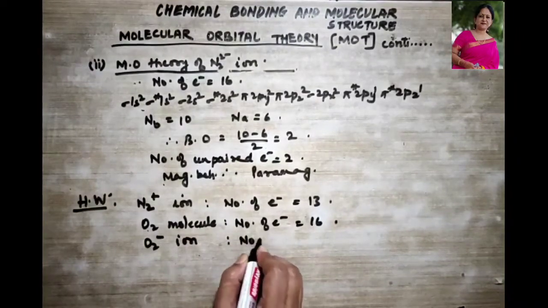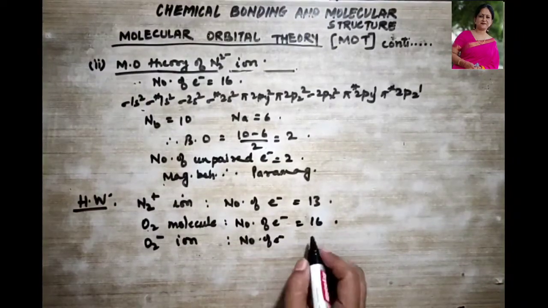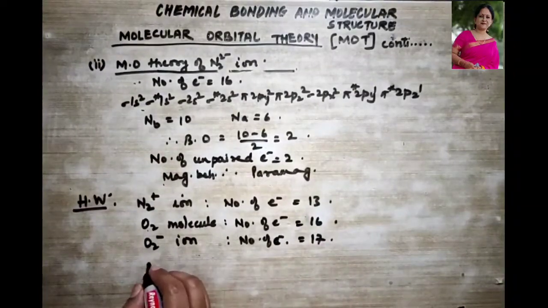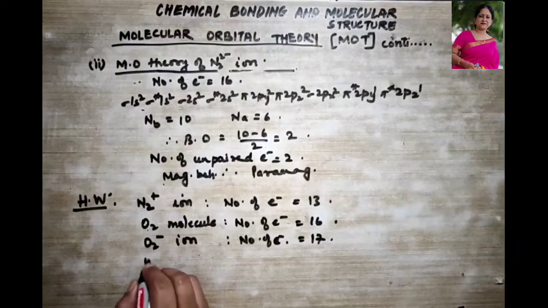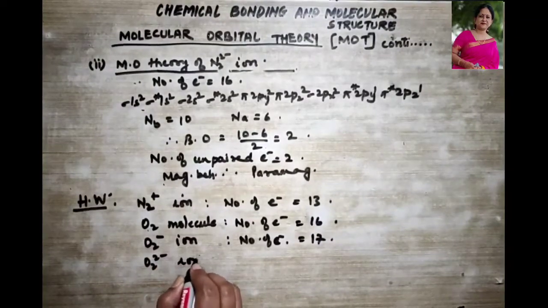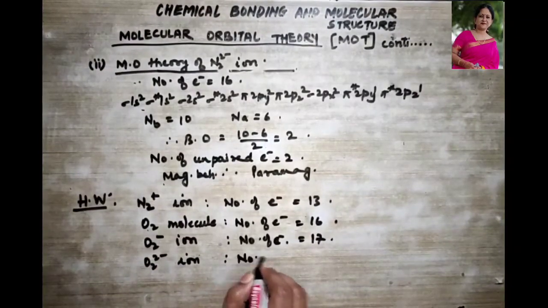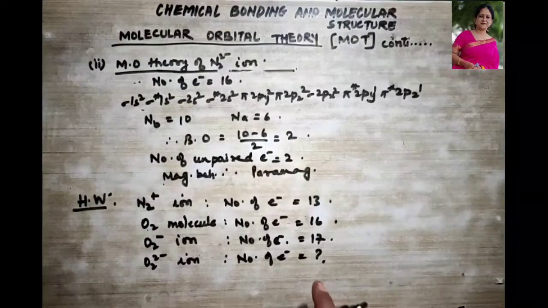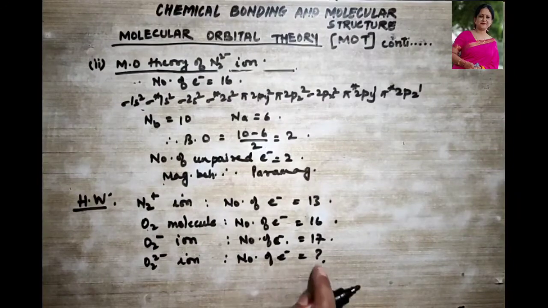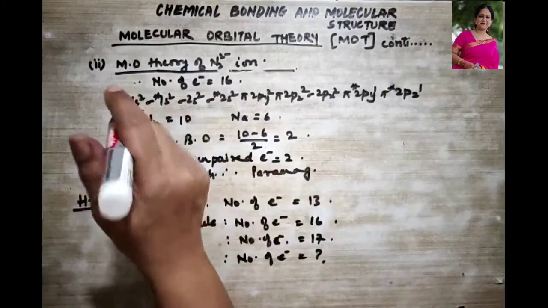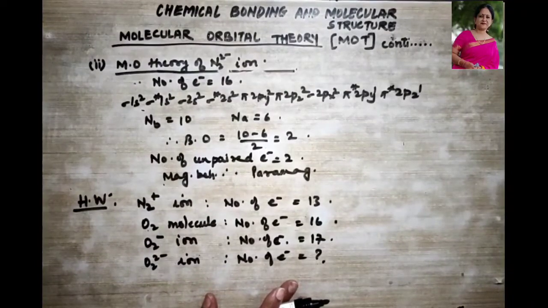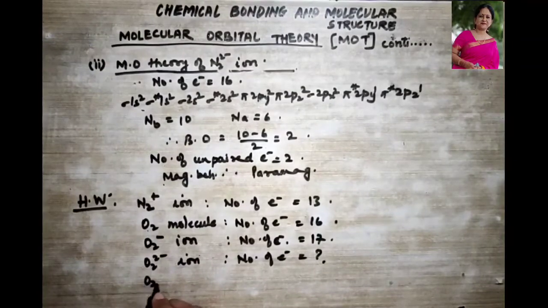Here the number of electrons will be how many? 17, right? Then you will do it for the peroxide, O2 2- ion, where you are going to find out the number of electrons. Now your homework starts from here more. You have to find out the number of electrons and also study the molecular orbital theory of it. Then you also have to find out for